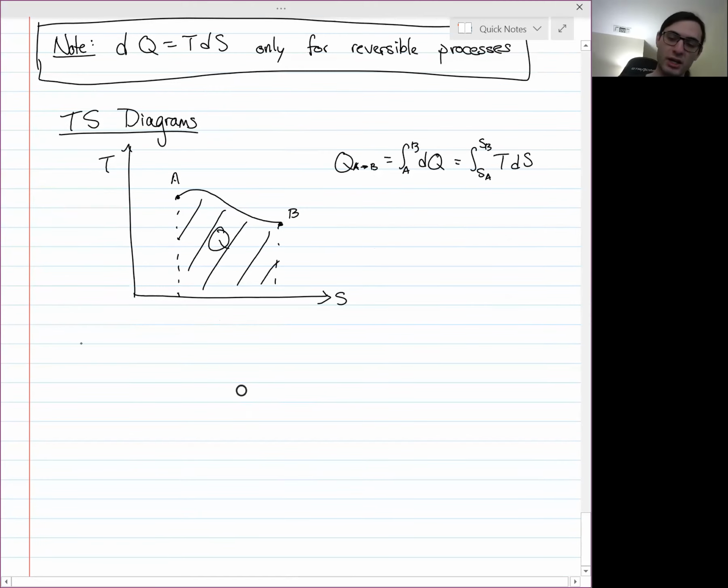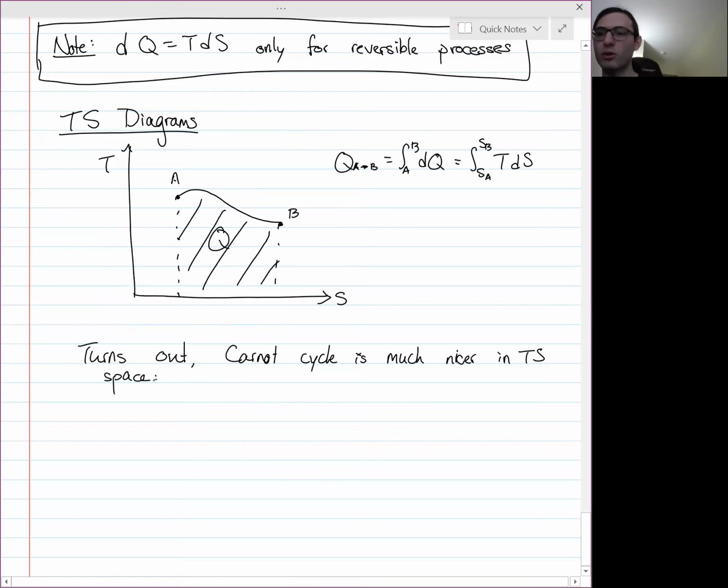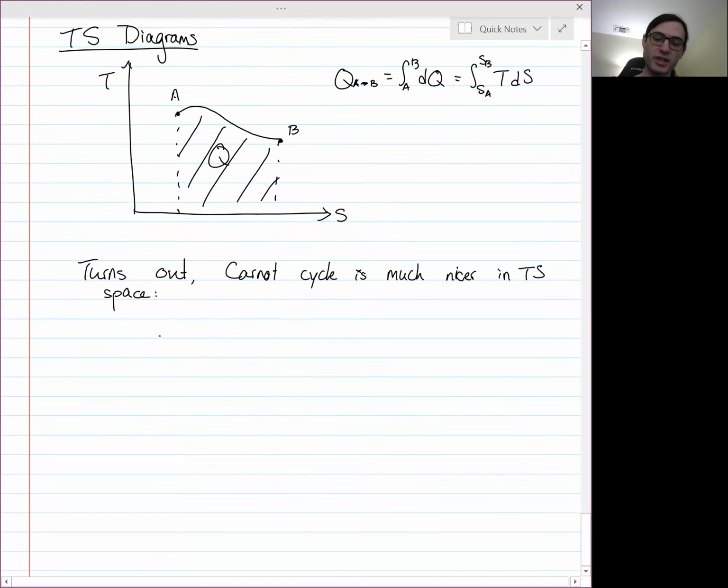It turns out that the Carnot cycle is much nicer looking in TS space. Remember, the Carnot cycle is an isothermal, then an adiabatic, then an isothermal, then an adiabatic. So drawing this process in TS space, remember adiabatics are constant S, isothermal is constant T. So a Carnot cycle just looks like a rectangle